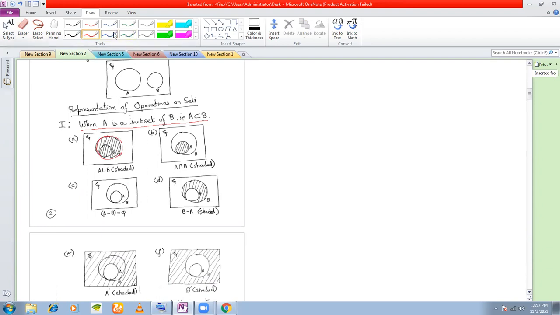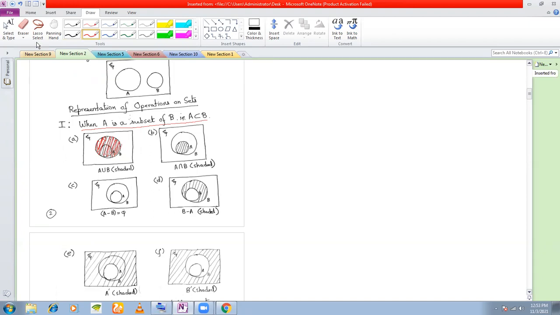Because A is a subset of B, within the bigger circle you have this as the set A, and this is your set B here. The larger circle is the set B, and A is a subset of B. That means all the elements of A are in B. So that is why the circle A is within the circle B. And how will you represent the union operation? Because union means all the elements of A or B, right? So you need to cover all the elements of both the sets. Therefore, you shade the bigger circle. Is this clear? A union B. Any question here?